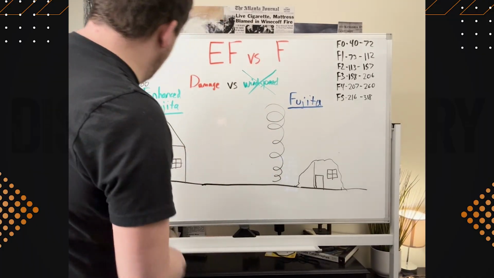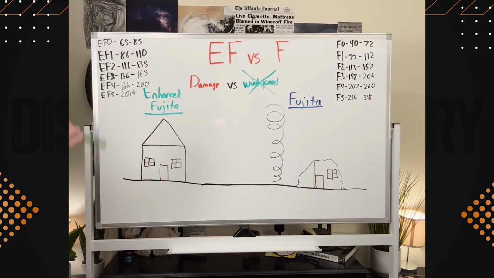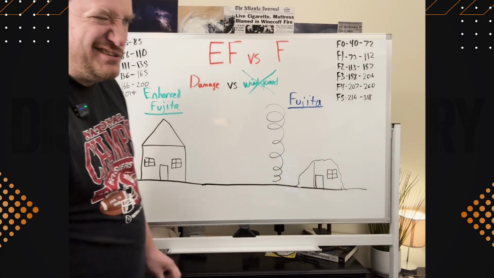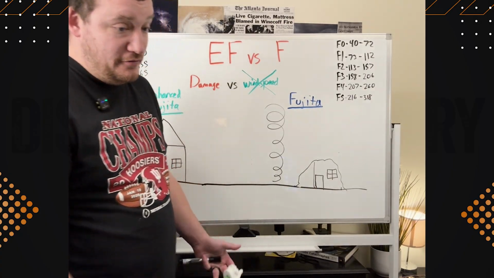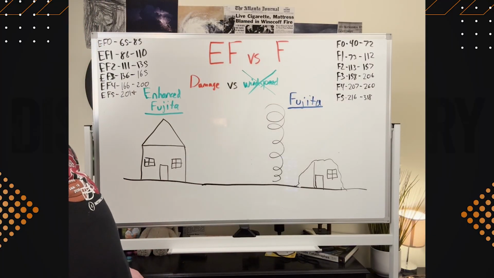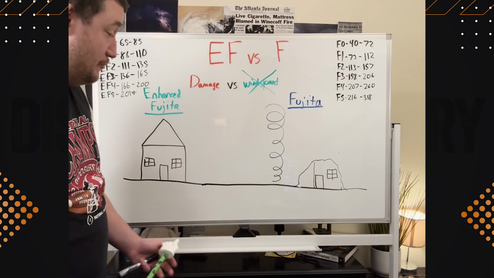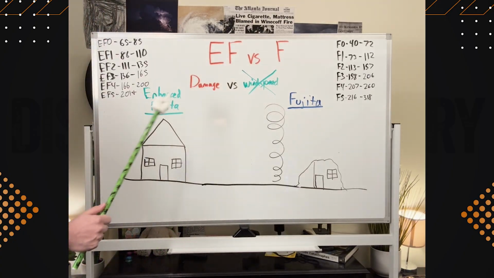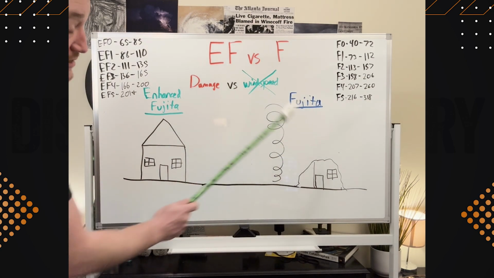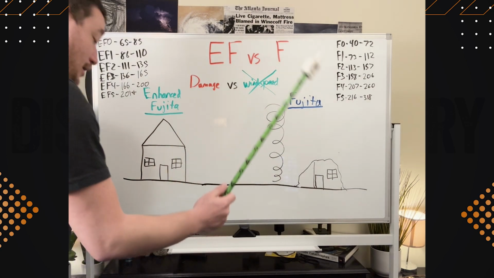So let's say we go to our Enhanced Fujita scale. Exact same house. It is after February 1st, 2007, or after February 1st, 2013 in Canada. So it's after February 1st, 2007 in the United States, February 1st, 2013 in Canada, I think. Correct me if I'm wrong. I can't remember exactly the day. We have our same house in Nebraska. They built it back the exact same way. And on